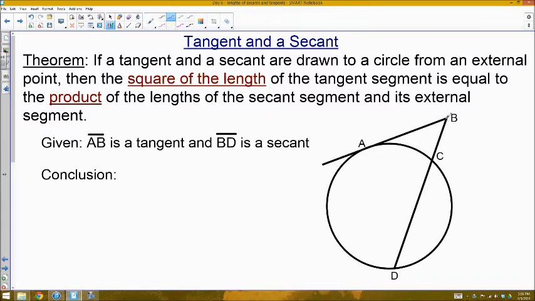Now that's a really wordy way of explaining a very simple concept. First, let's talk about what the tangent segment means. The tangent segment is the length from the common external point to the point where the tangent line touches the circle. So that would be AB in this case. So AB squared, the square of the length of the tangent segment, is equivalent to